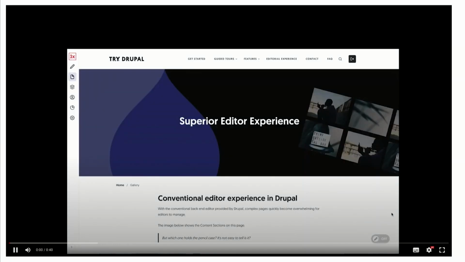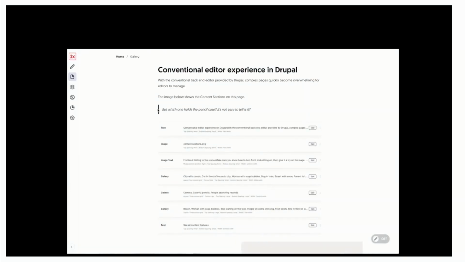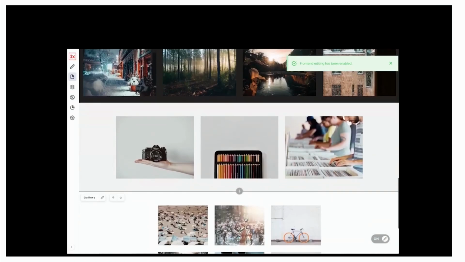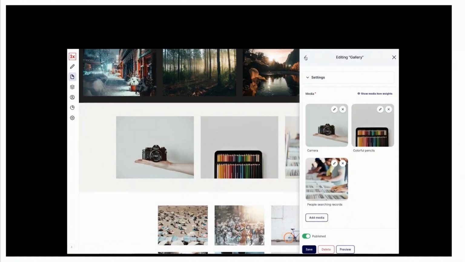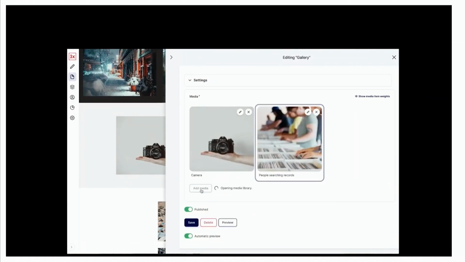So now I'm going to show once again a video of the things that we just talked about, so that now that you have this extra information, you can really see the benefit here. Here you can see the gallery and how it looks on the actual form page, and now how it will look when we're editing it using the front-end editing module. We have this gallery consisting of 3 images. We open the sidebar and this is basically it. We can edit and we can remove the images.